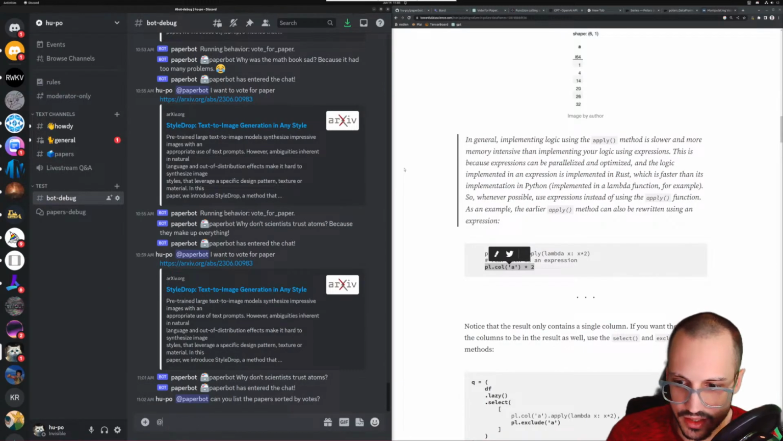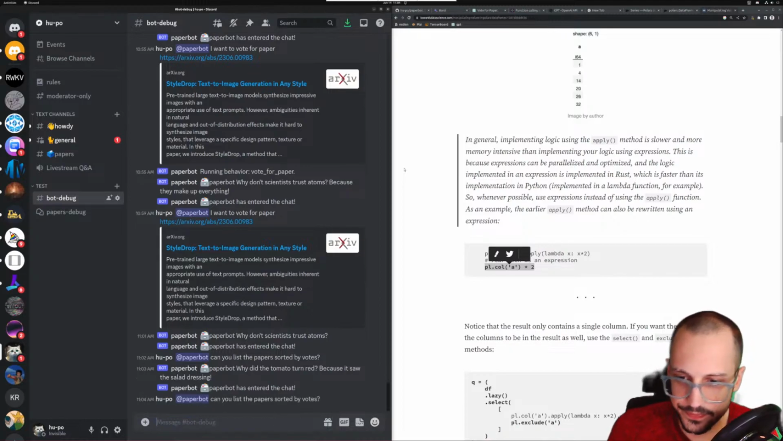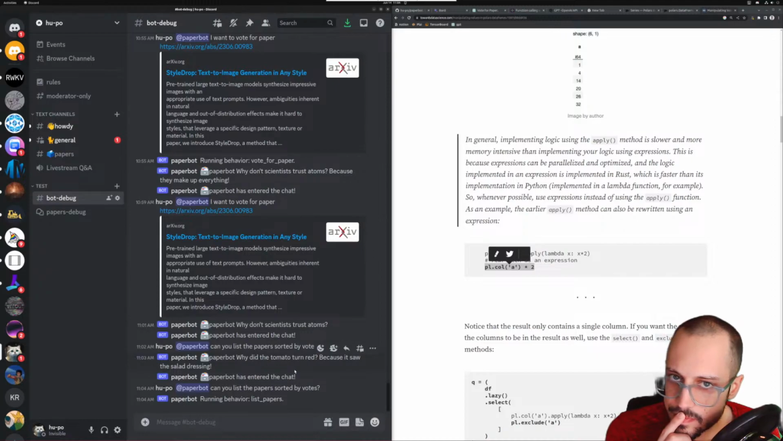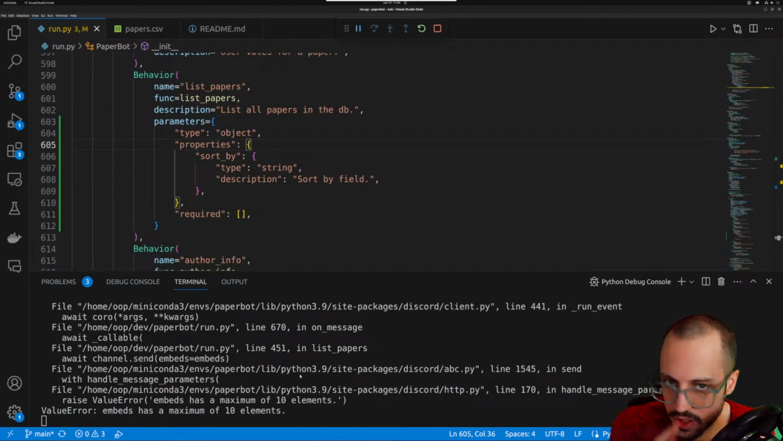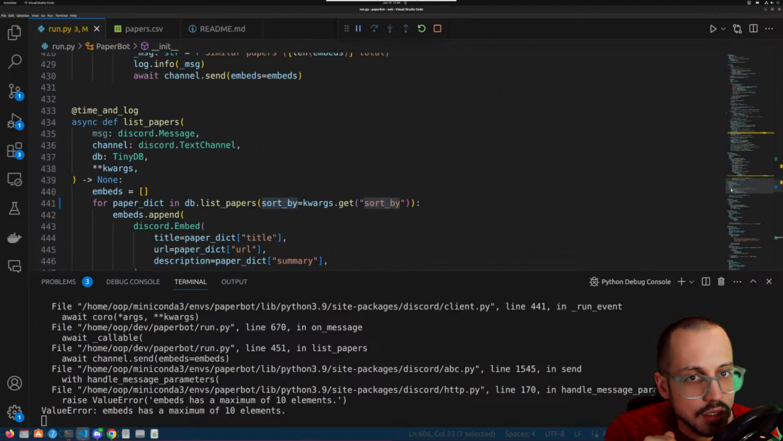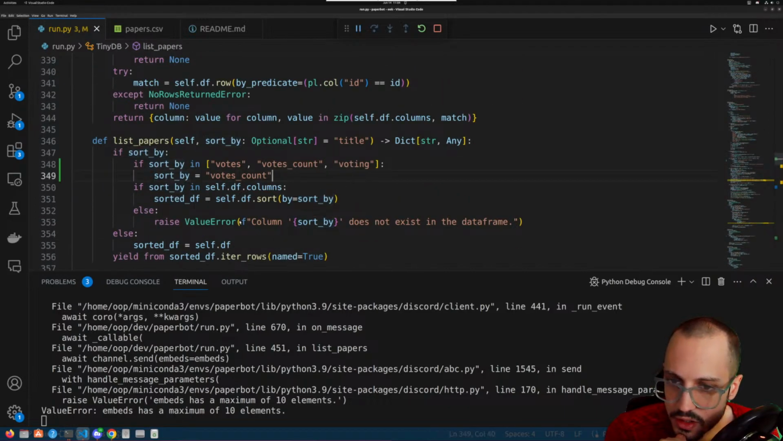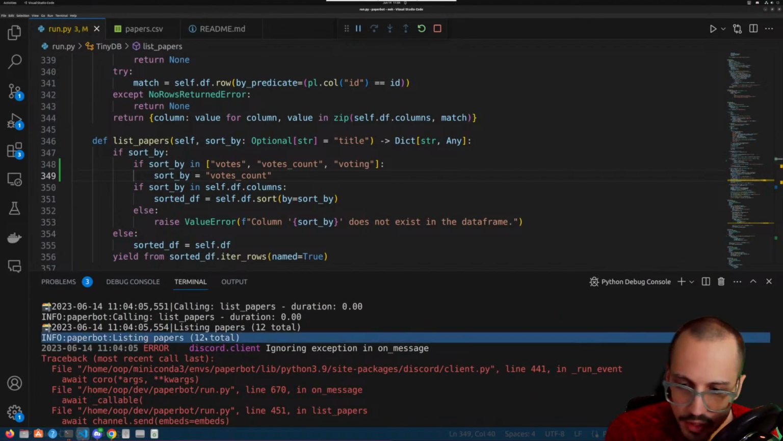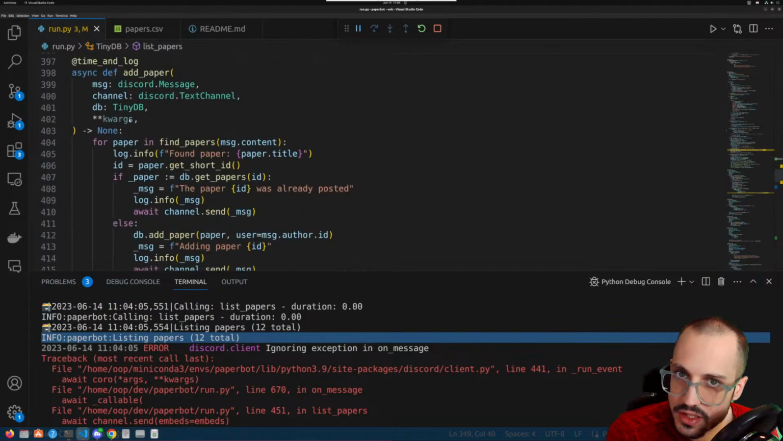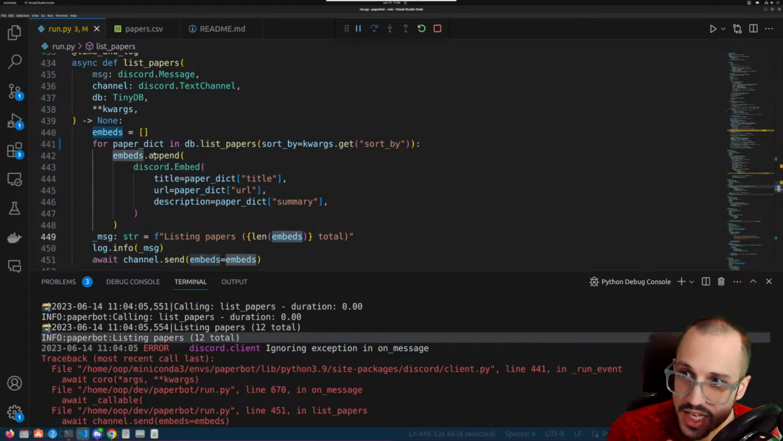Is this correct? Have we sufficiently guessed the magical format? Can you list the papers sorted by votes? Running behavior list papers. Embeds has a maximum of 10 elements. Okay, so in our list papers function here, where is it? List papers. That all seemed to work fine. But the problem here is there's 12 total papers, and whenever you actually call this list papers behavior, we're creating these Discord embed objects, and we need to make sure that there's only up to 10 of these. So